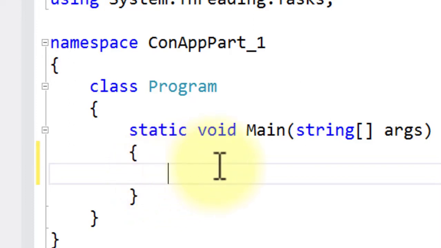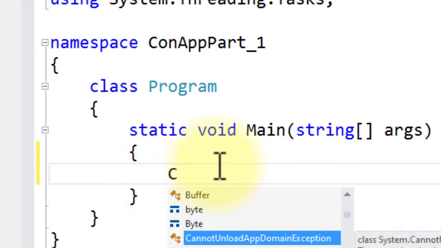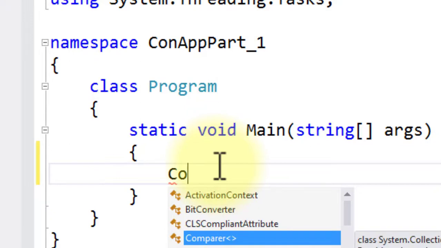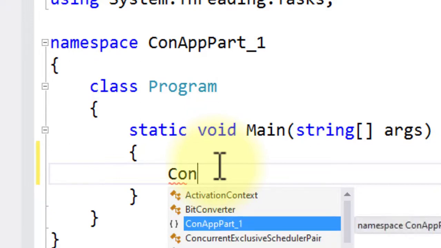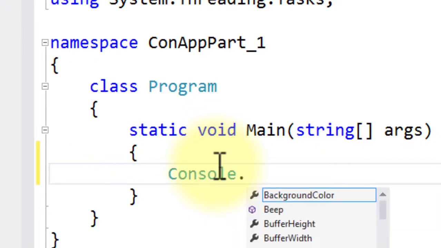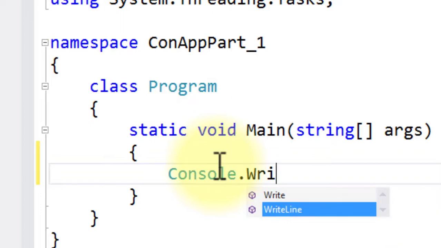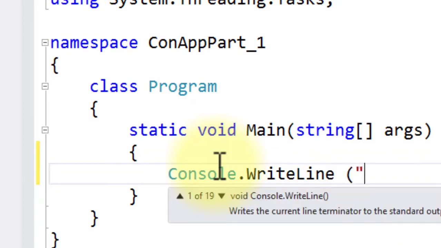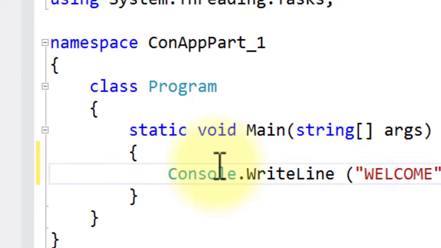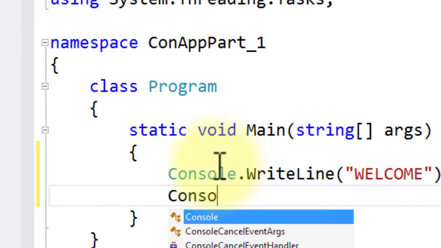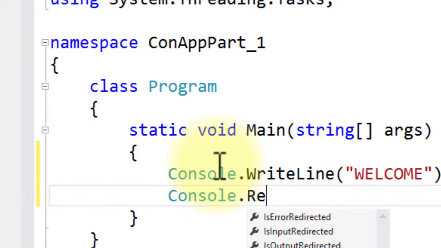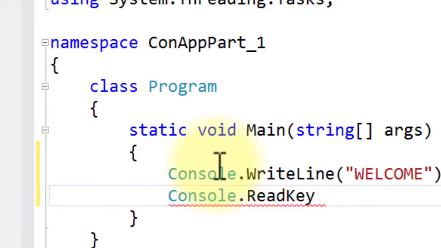Okay, so let's take a simple example. Suppose I want to write or display a welcome line. All statements end with a semicolon, and after that Console.ReadKey. Why am I going to use this ReadKey?